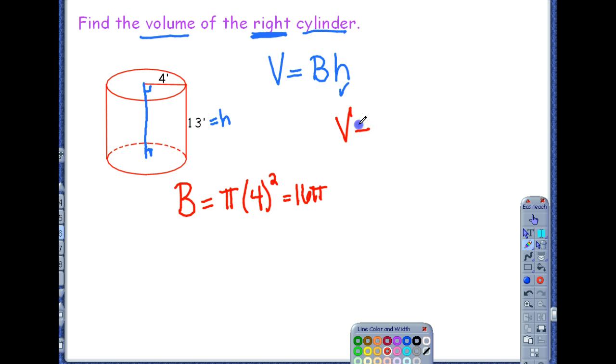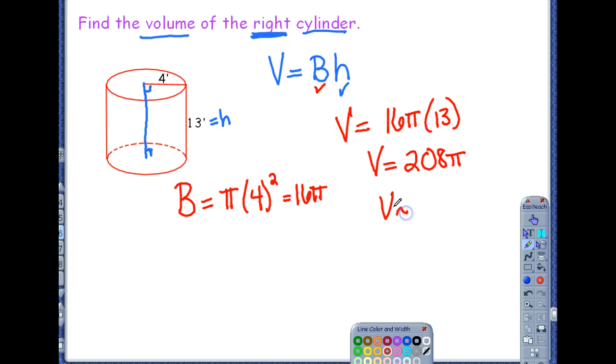So volume is equal to, we had our base area, 16 pi, times our height, which we said was 13. And you could multiply the 16 and the 13 first if you want to simplify that. And I'm going to go ahead and do that. So that's going to be 208. 208 pi. And then I'm just going to multiply that by pi, and I get approximately